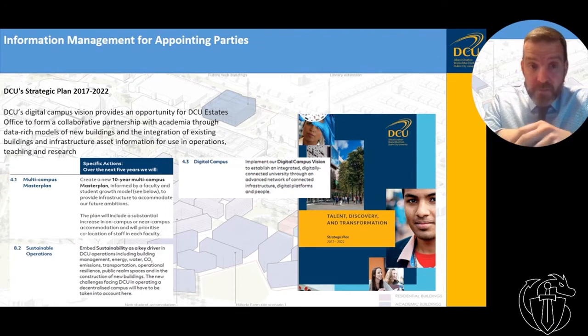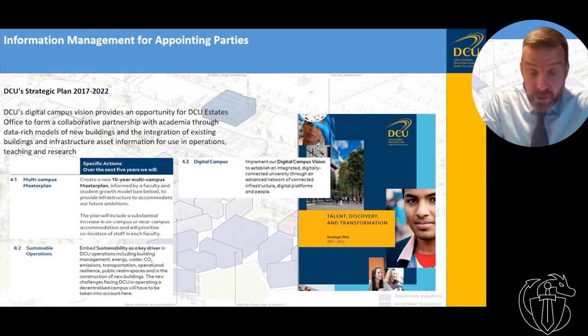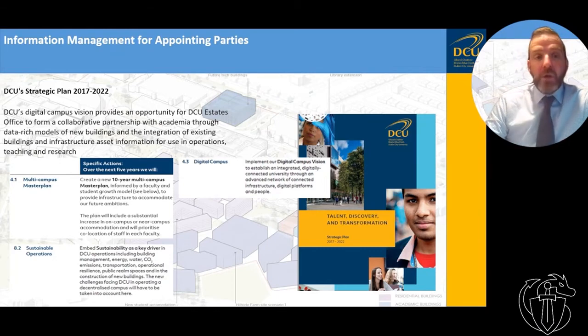We also have different elements in terms of energy, water, CO2 emissions, transportation, operational resilience, and different things that we want information management to underpin to help the university achieve those goals.